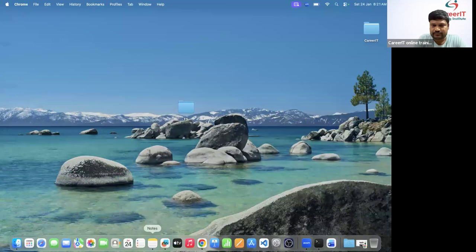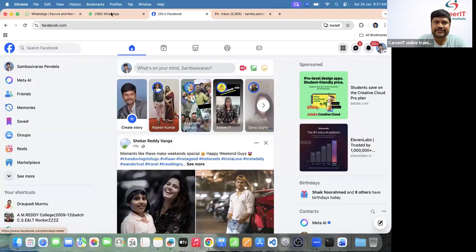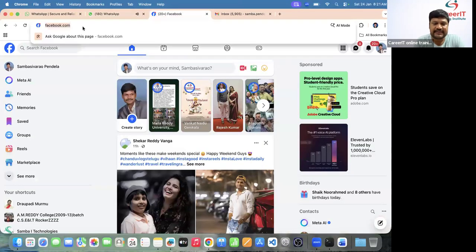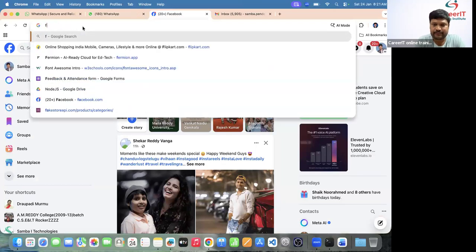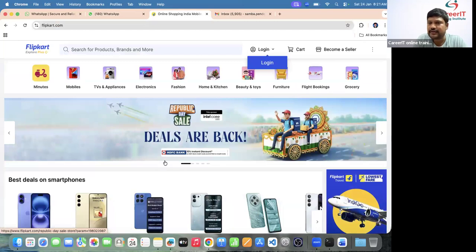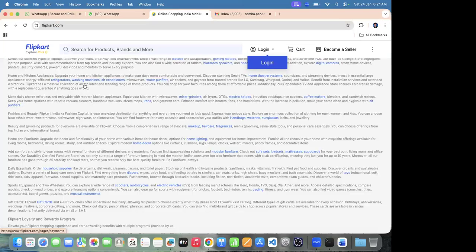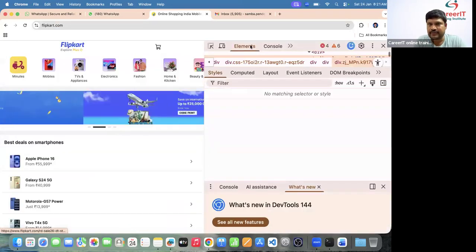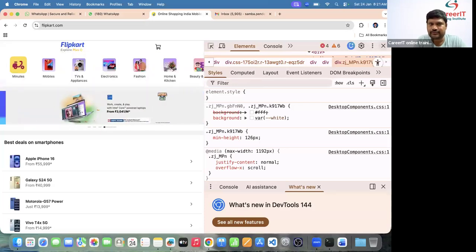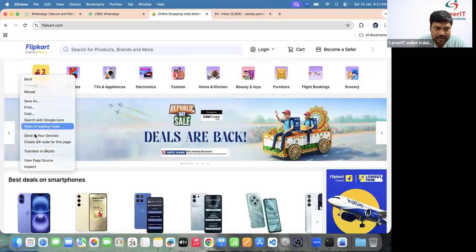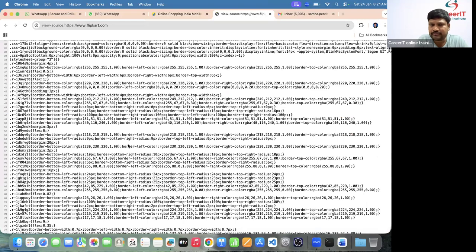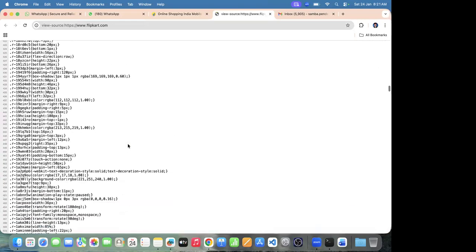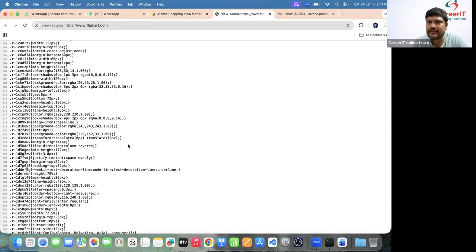Fine. Now, Uma, this is the web page. Is this web page developed by using front end or not? Yes. Right click, Inspect, and page source. Otherwise, right click, view page source. Are we able to see the source code? Yes. Is it secured or not secured? Not secured. We are able to see the source code.